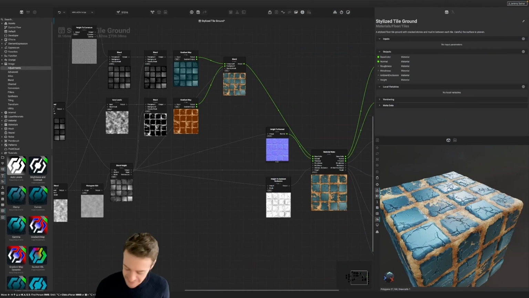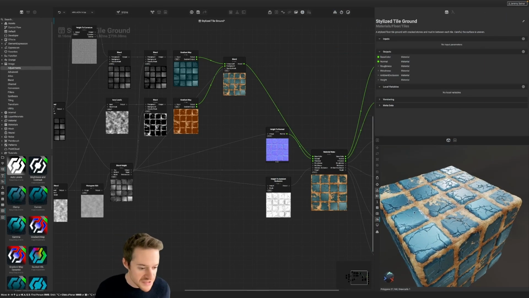As your graphs continue to grow and evolve, the connections between the nodes can start to get out of hand. With InstaMAT, it's easy to visually control the flow of your graph with reroute points. In this Swift session, we're going to take a look at the two different types of reroute points in the canvas. So here I'm working on this stylized brick ground material, and as I continue to build out this graph,